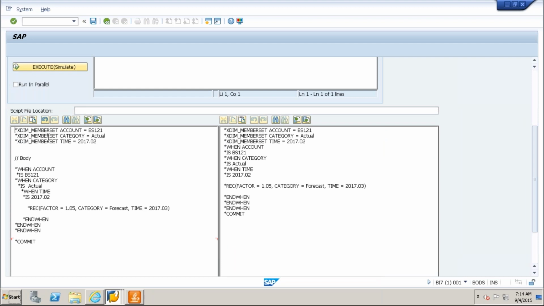Already in the scope, I mentioned these 3-dimension values here.